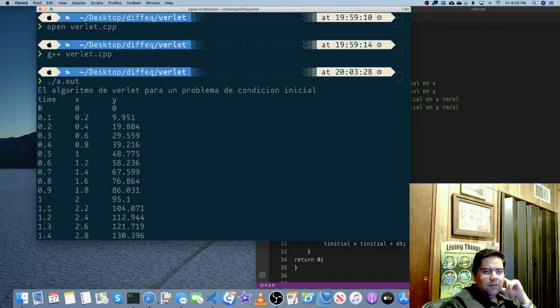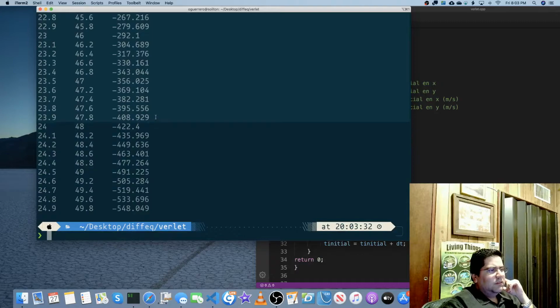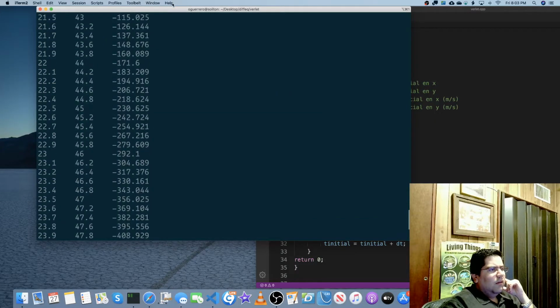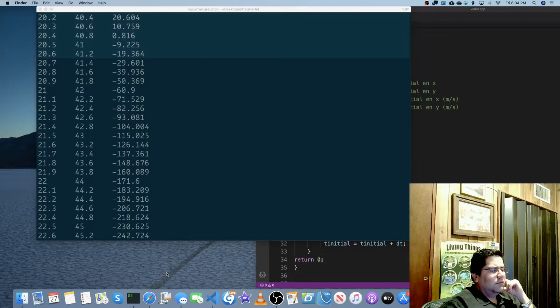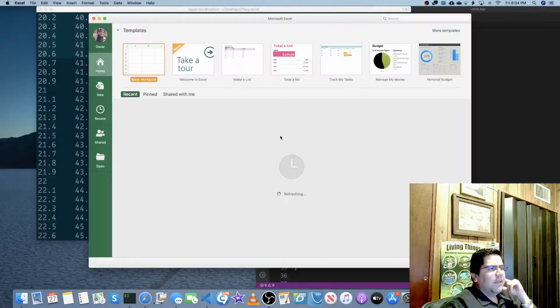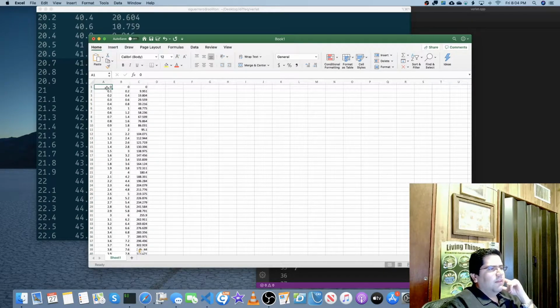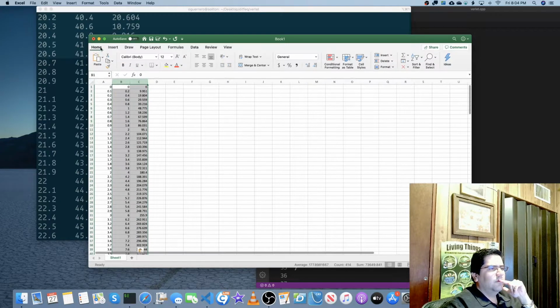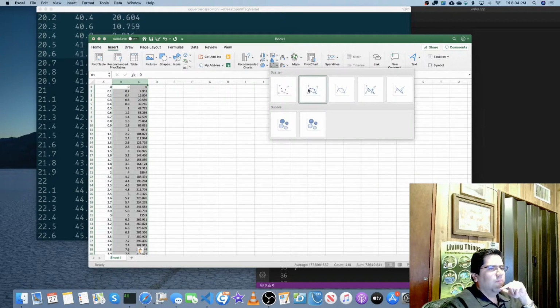Now what we have to do, because I actually want to have a graph, there are many ways to do a graph. I'm gonna copy this, okay, and paste, and then I have my time, my x, and my y. So I'm gonna grab the x and the y just to get the trajectory, because that's something that we probably want to see. And I can go here, probably want to have a scatter plot of x and y,